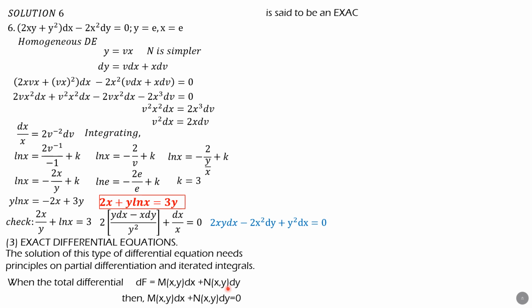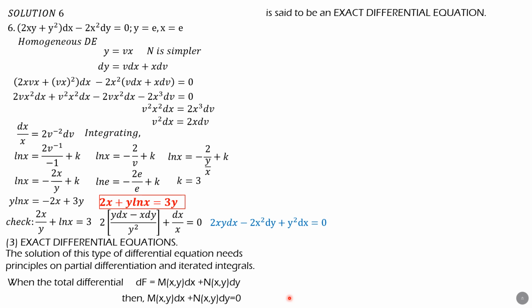So when written in this form, it is 0 because the solution should be in the form function of x comma y equals constant, so that the differential of that constant is 0. So that differential equation m function of xy dx plus n function of xy dy equals 0 is